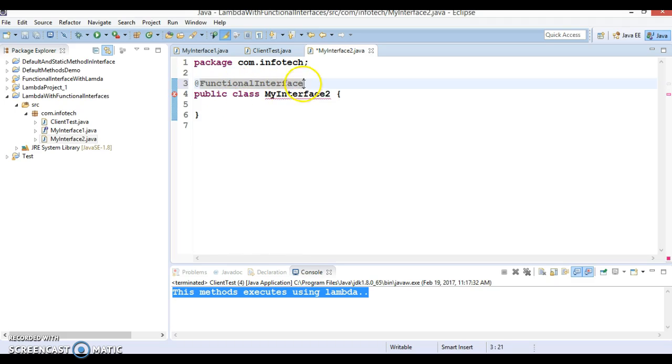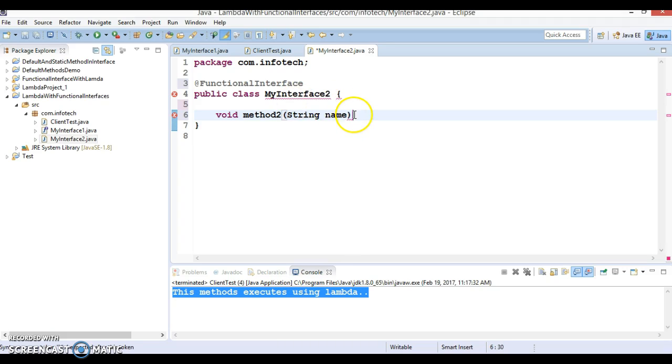Now once you mark this interface as a functional interface, the compiler shows an error saying that you have to add at least one method. So let's create a method with void as the return type, and I'll name it method2. This time the method accepts one parameter, which is the name.